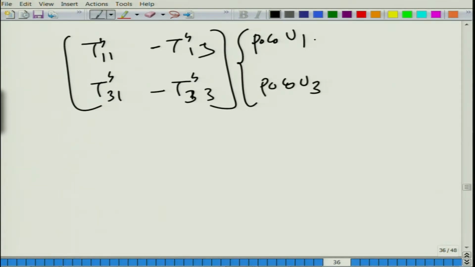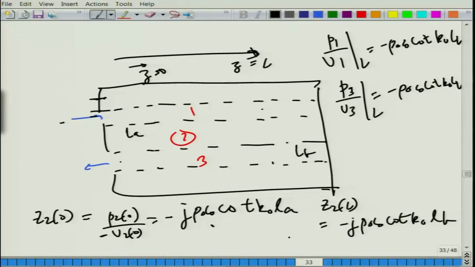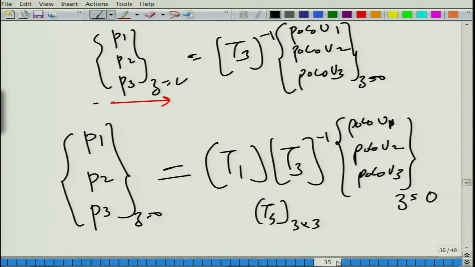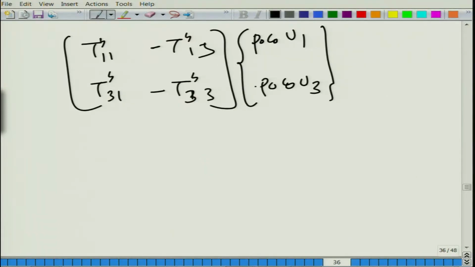Now, this is minus because originally, for this configuration the transfer matrix we derived here had the velocity in this direction, but now we have to take the velocity for the outlet in the direction going out of the duct. So, you have to multiply this with minus. Once you multiply with minus and take things inside, this will become your P 1, P 3, and you will get this kind of a thing relating things at z is equal to 0 to z is equal to